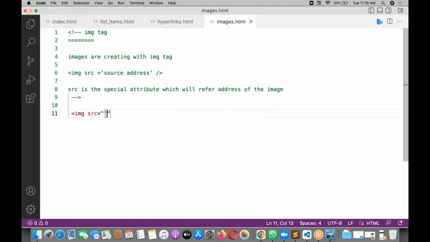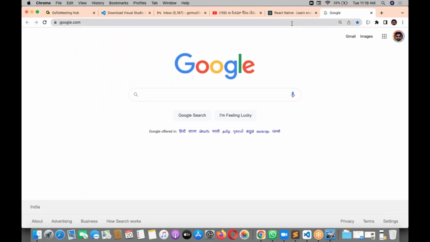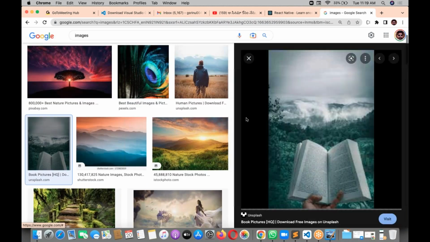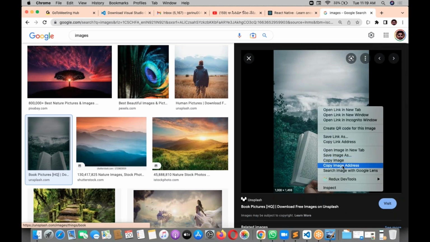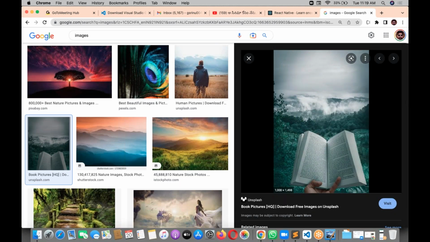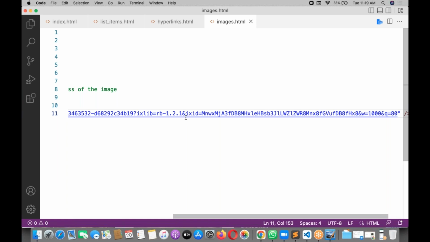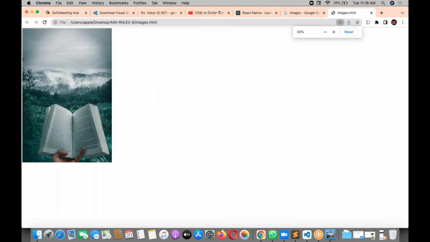img src is equal to, you can go with single quotes or double quotes, that is not a problem. You can give single quotes or you can use double quotes, both are fine. Okay, src, what is src for images? Let me take some images now. Any image you can take. Let me take an image, copy image address. From Google, I'm taking one image, copy image address and provide it over there. Now you can launch it. Right click on this, open in default browser. I can see the image. Can you see this image is there?